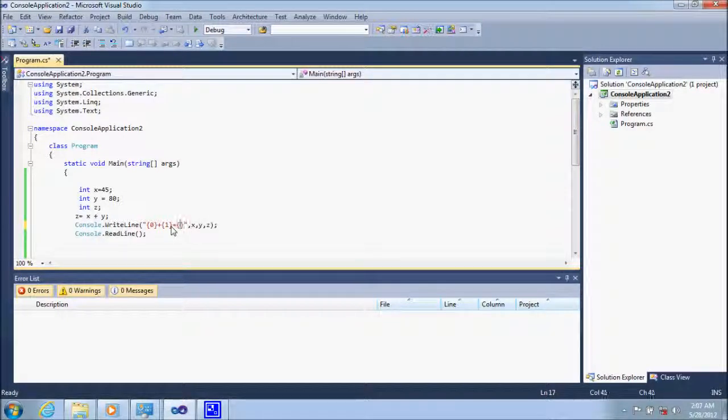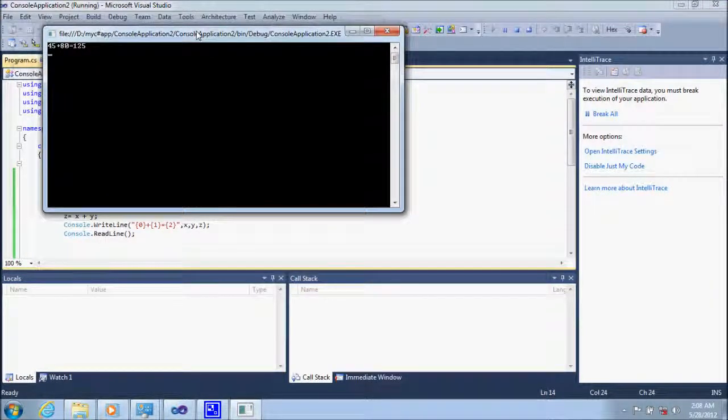So this argument is replaced by the value of x, then plus is a constant string, so plus stays as it is, then this argument is replaced by y, and the second argument is replaced by z. So what is the output? 45 is replaced by this one, and whatever the output z is, it is replaced by this one. So you get the output on the screen like this: 45 plus 80 is equal to 125.